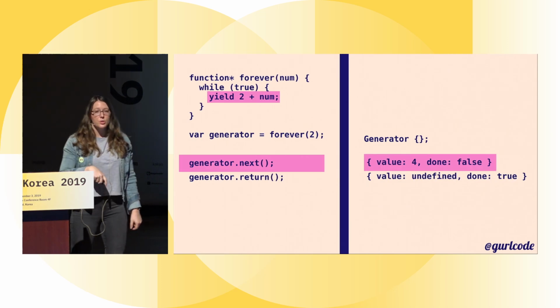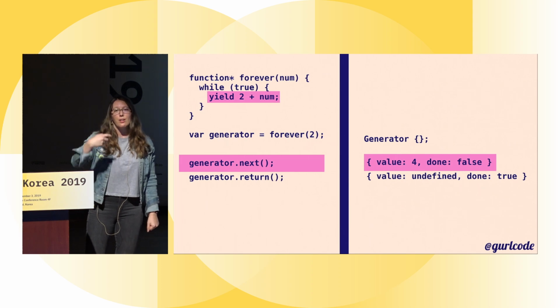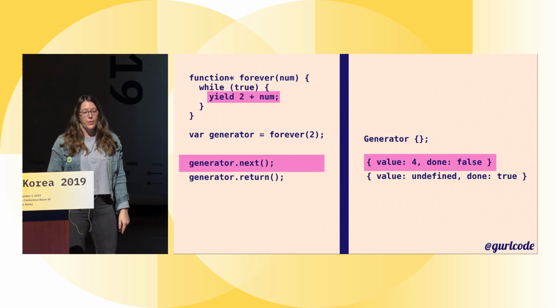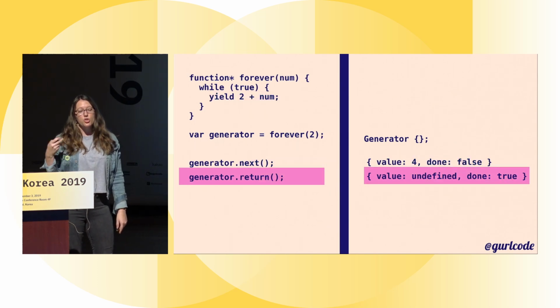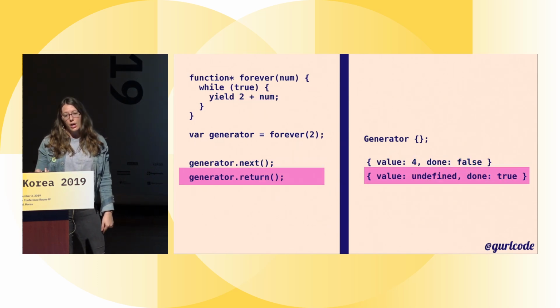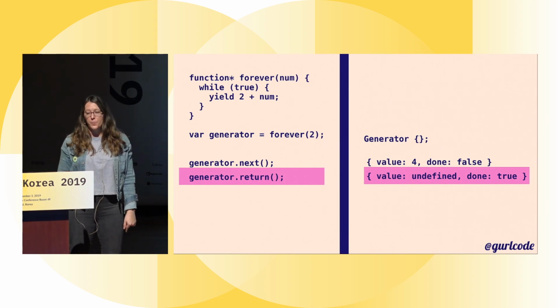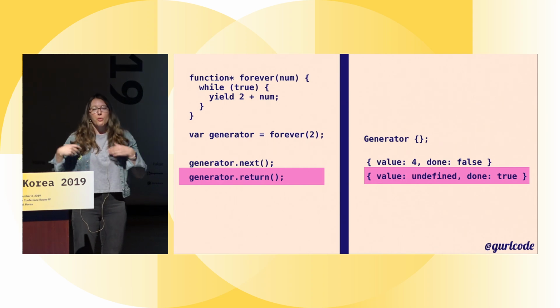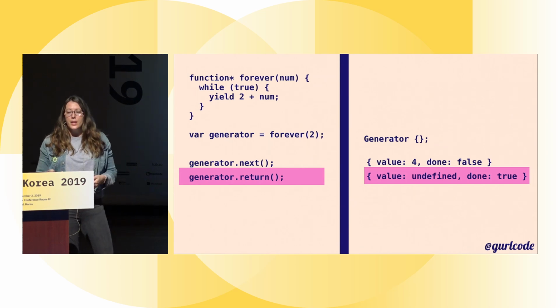Now, the second way to cancel a generator is from outside of that generator. Again, a while loop. This should run forever. But as soon as I call generator.return on it, it's going to cancel it. So you can see again that done is now true. And this is really interesting, that you can cancel a generator from inside or from outside of the generator, because